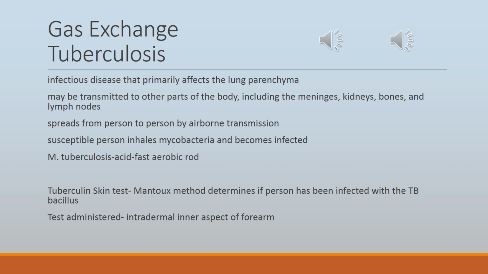After the area is inspected for induration, it is lightly palpated across the injection site from the area of normal skin to the margins of the induration. The diameter of the induration, not the redness, is measured in millimeters at its widest part, and the size of the induration is documented. The size of the induration determines the significance of the reaction. A reaction of 0 to 4 millimeters is considered not significant. A reaction of 5 millimeters or greater may be significant in people who are considered to be at risk.